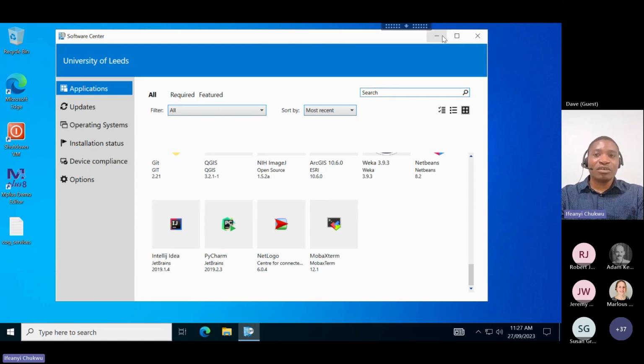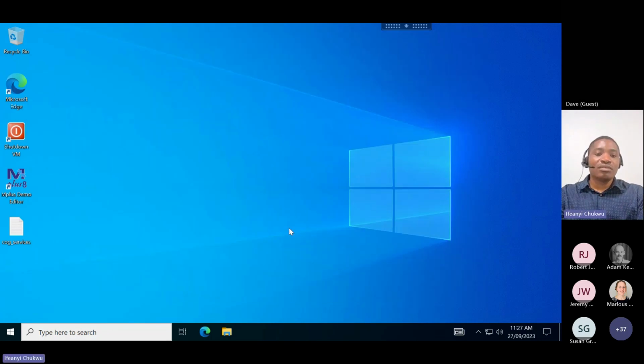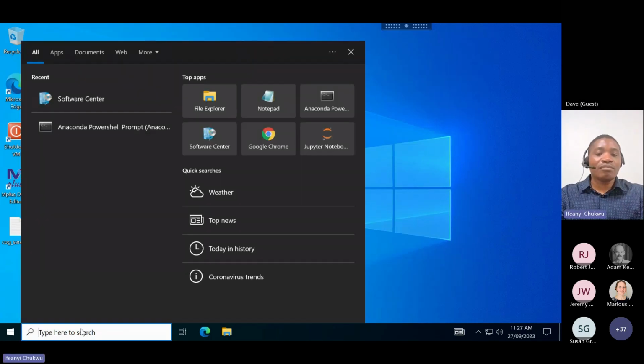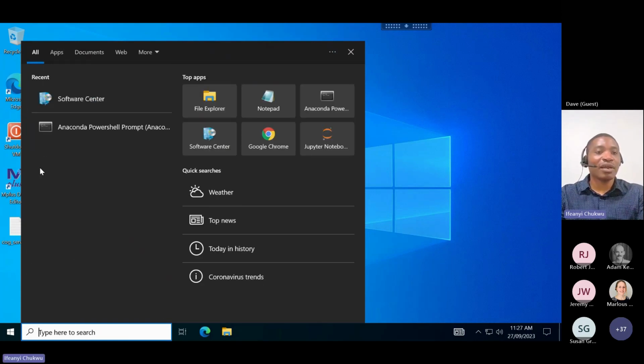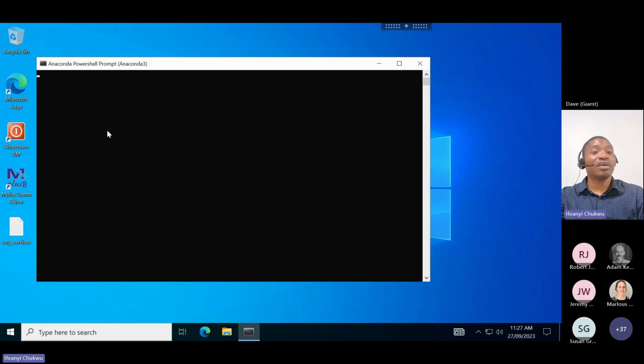Just as Adam mentioned in the beginning, we have Python packages and R packages that users can use to do their research. But because there's no internet connection, we use a system, a repository manager, to enable users to use whichever Python package or R package is of interest. So in this case, I will just demonstrate